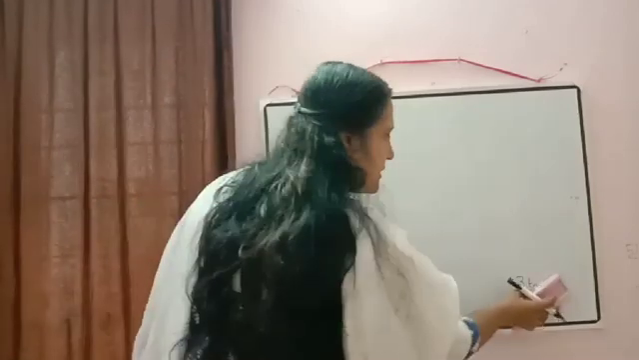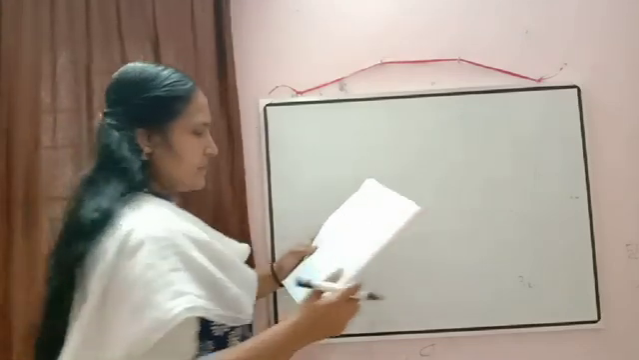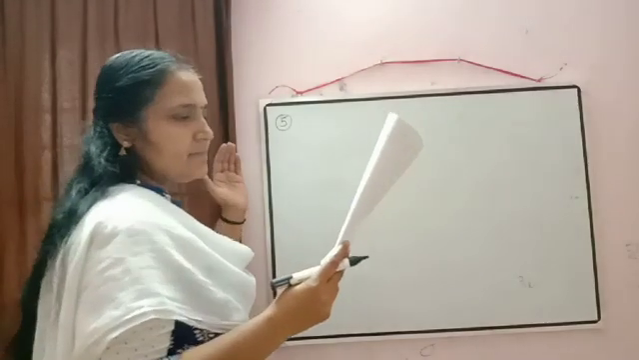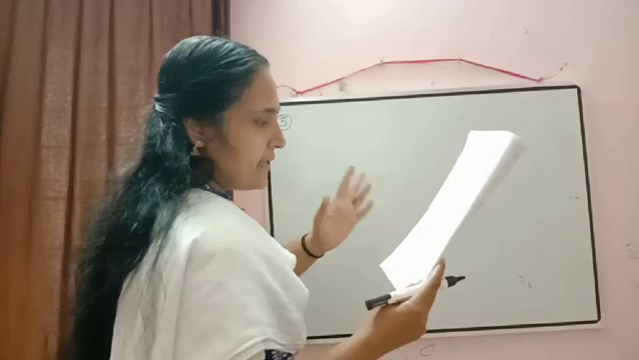So I think this question is clear to you. Okay, now we'll do some more questions of this type only. In question number 5, it is written, water is being pumped out through a circular pipe whose internal diameter is